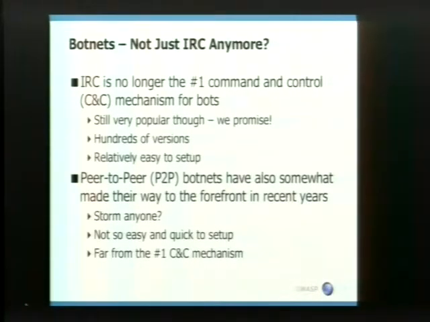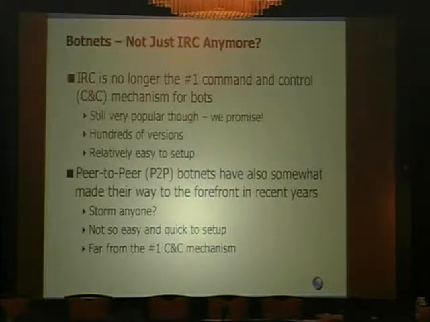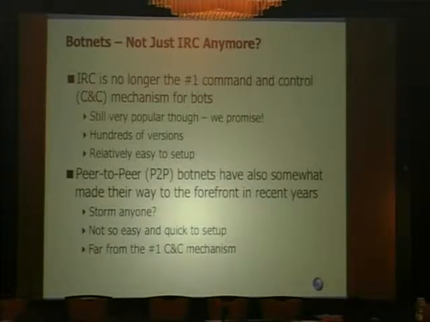So jumping away from just Shadowserver and what we do, moving over to botnets. Specifically, IRC was the bread and butter for a while, and a lot of people still think Shadowserver only deals with IRC. That might be because of the Emerging Threats list. Behind the scenes, we do a lot that doesn't have to do with IRC. It's no longer the number one command and control mechanism for bots. A lot of people think IRC is declining. It's not declining too much; it's just that other things are rising quite a bit. There are still literally hundreds, if not thousands, of valid command and control IRC servers right now, with anywhere from 1 bot on them to 10 or 20,000.